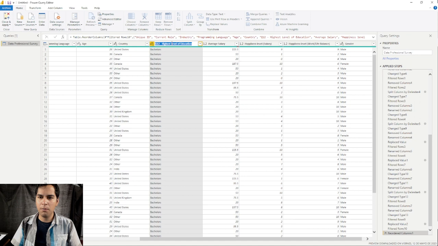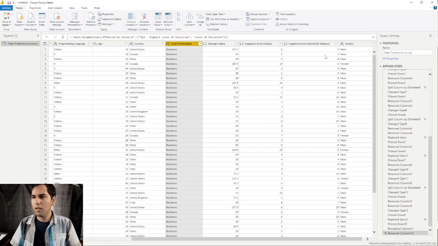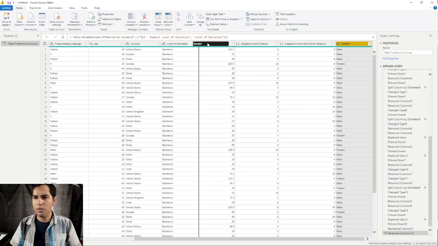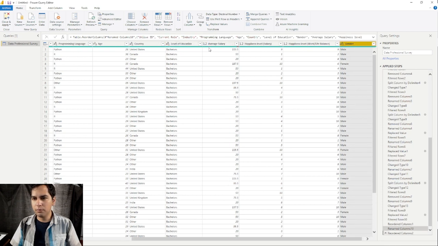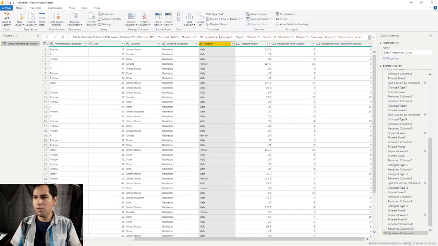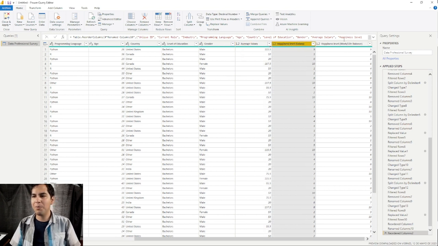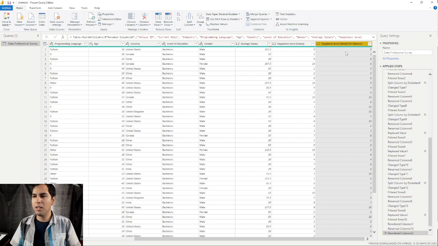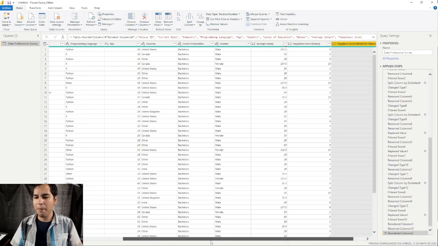So I just rename this as level of education, the gender, the average salary, and then the questions on the survey. The happiness level based on salary, and the happiness level based on work/life balance. Okay, so we have transformed our data,